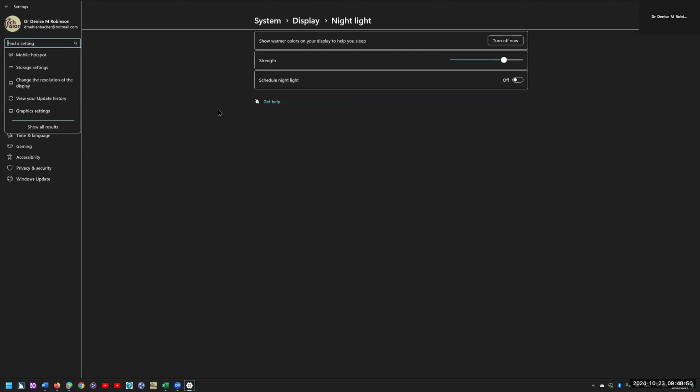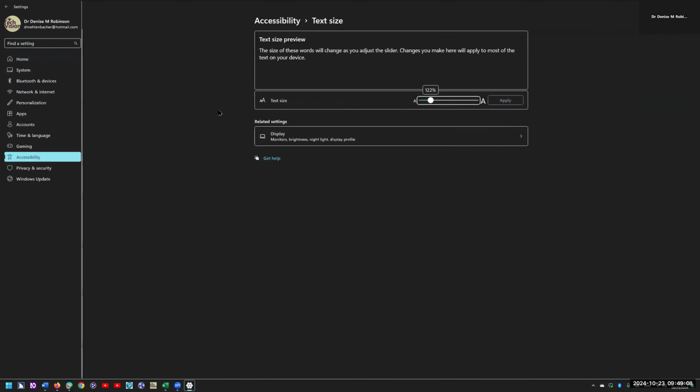I'm going to erase that because typically it's the text size you want to adjust. So you can down arrow and you can adjust the text size on your whole machine. I'm going to just do it a little bit just so you can see the difference there. It automatically pops me on the text size. I'm already at 122%, but you can right arrow. And if you're looking at that, you can see the text size preview and you can see the font get